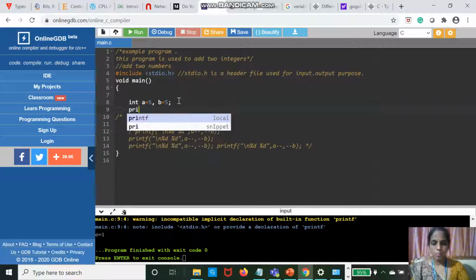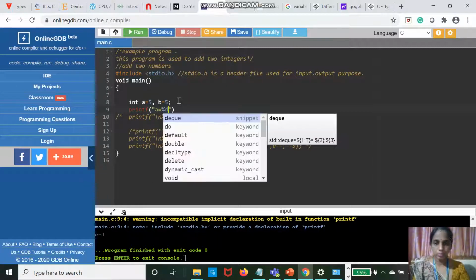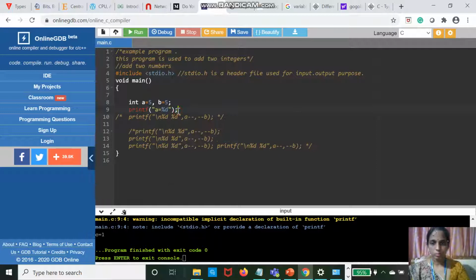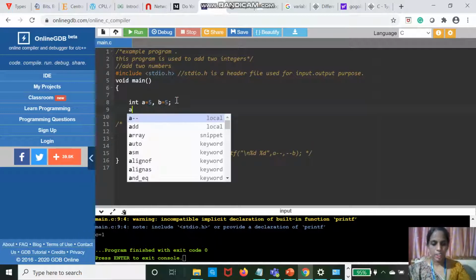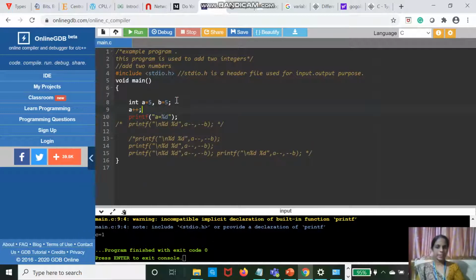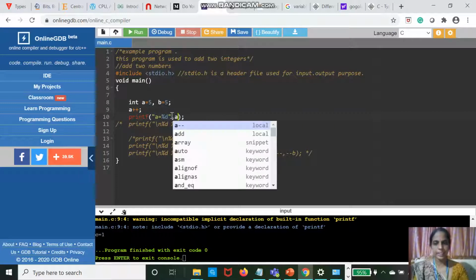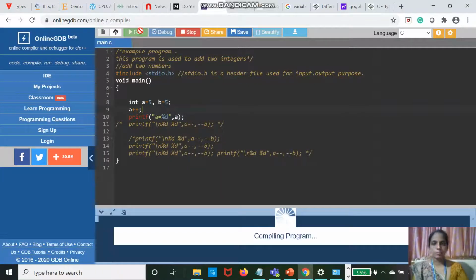First, printf A is equal to %d, A plus plus. I have written A plus plus. Int A is equal to 5, B is equal to 5, A plus plus, and I am printing A. We'll see what the output is.